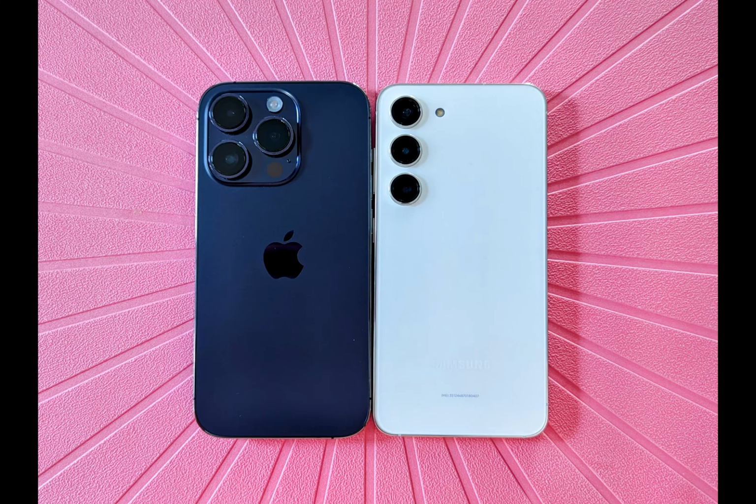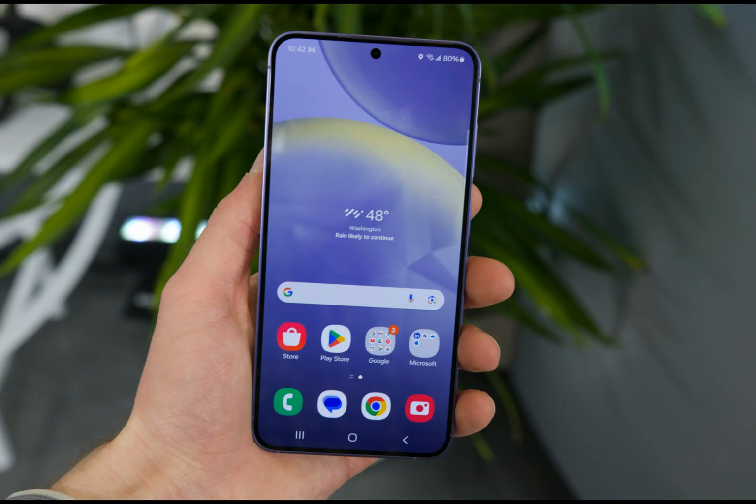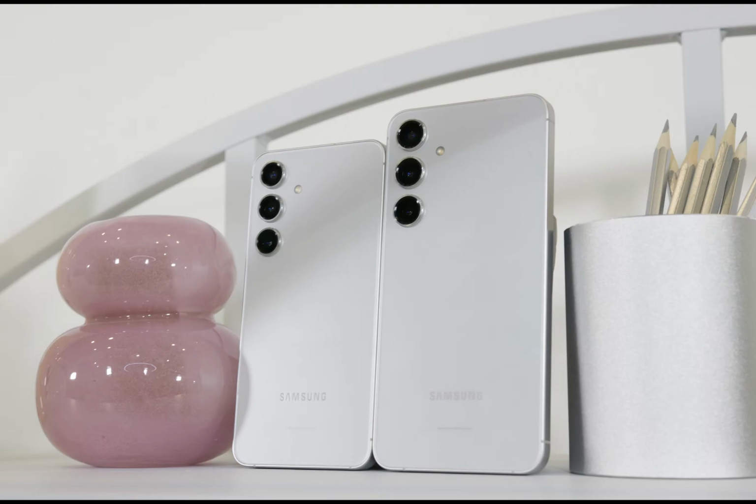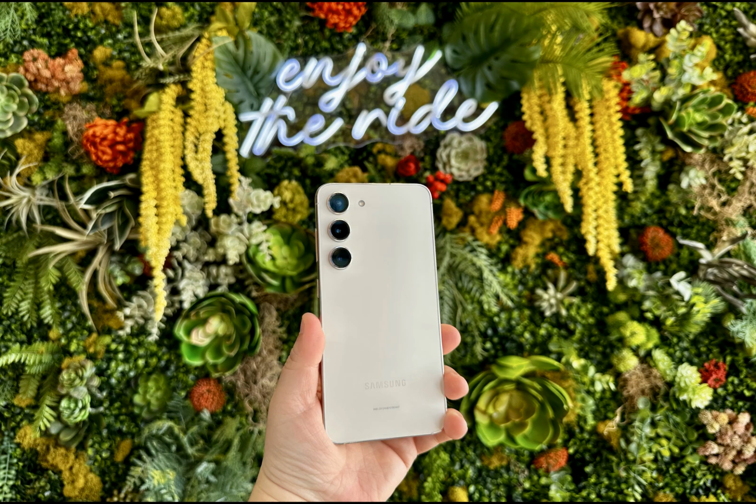They're powered by Qualcomm's Snapdragon 8 Gen 3 chip that's blazing fast and a top performer, especially when combined with at least 8 gigabytes or 12 gigabytes RAM. The S24 Ultra goes a step further with the new 50-megapixel telephoto camera for 5x optical zoom. And all of the S24 series comes packed with brand new Galaxy AI features, including Live Translate, Chat Assist, Transcript Assist, and more. But there is one thing that bothers me about the Galaxy S24, specifically the base model